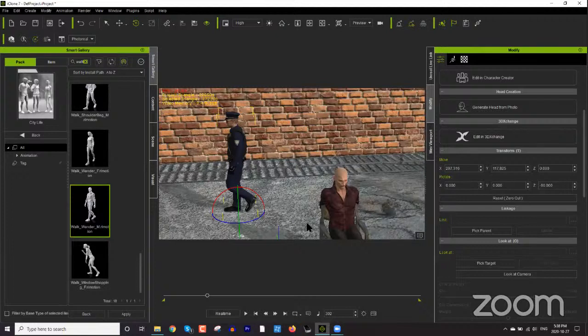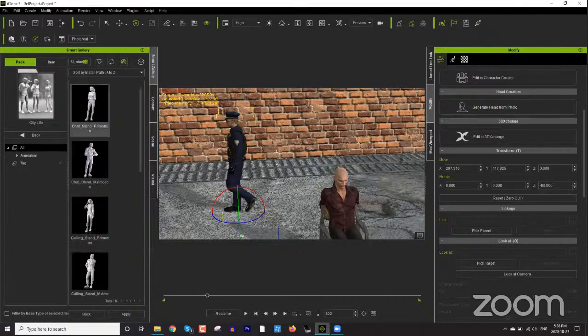I want him to turn around slightly and face the criminal character. To do that, we're going to use another animation called chat stand. I can type in stand, and you can see the chat stand right there, and I'll simply apply it to my character. Now let's take a look at combining